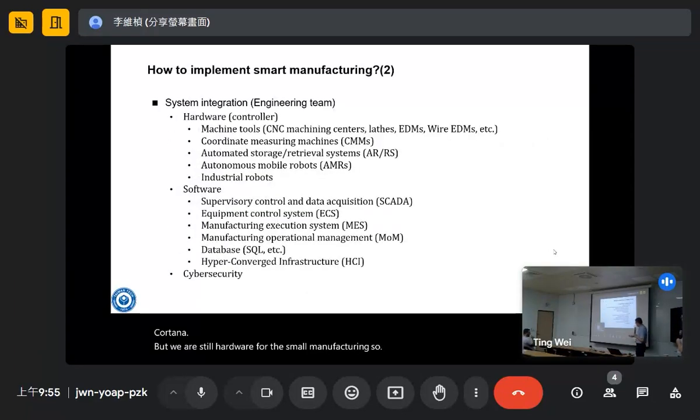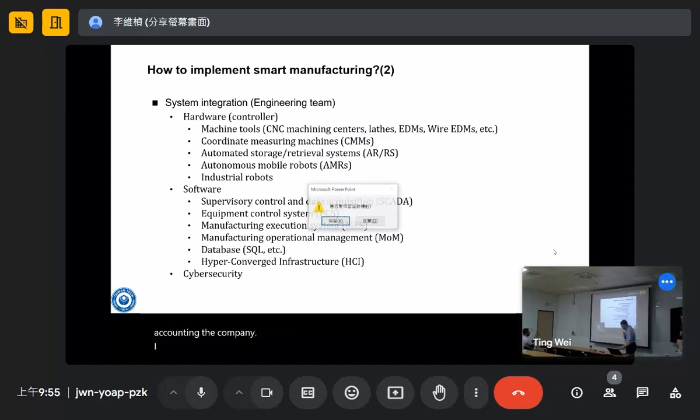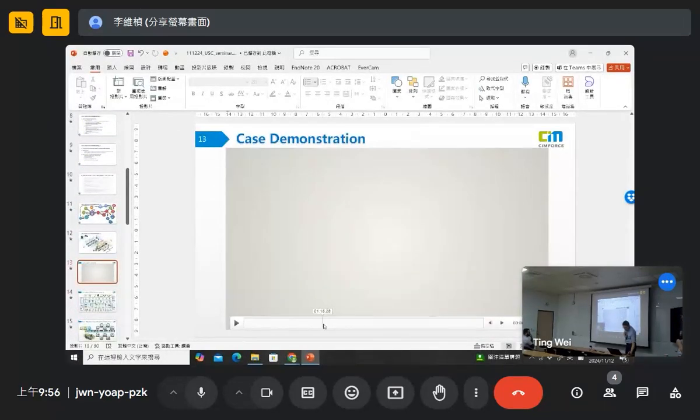Currently, I'm helping the company with the cybersecurity part because I studied operational technology cybersecurity for a couple of years, so I'm familiar with this part. And I'm also helping the company with the autonomous mobile robot. I didn't show you the video, but